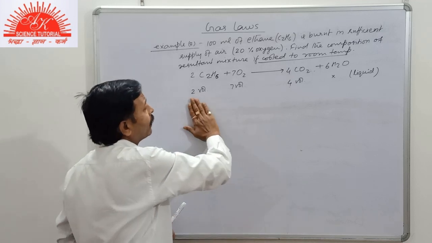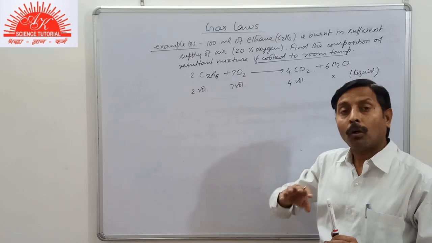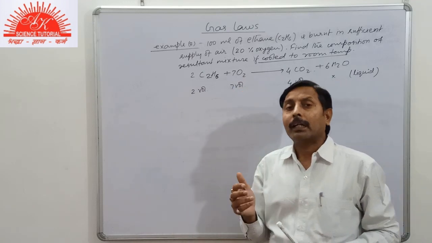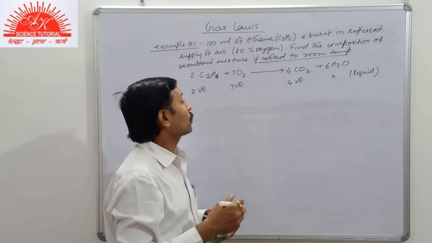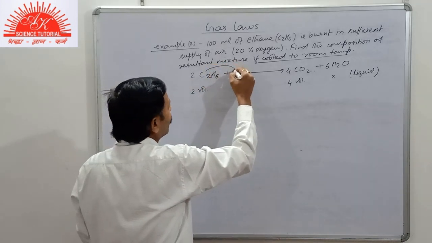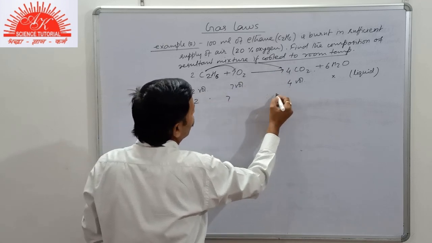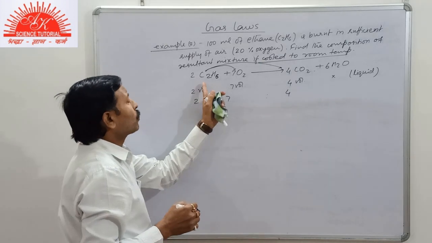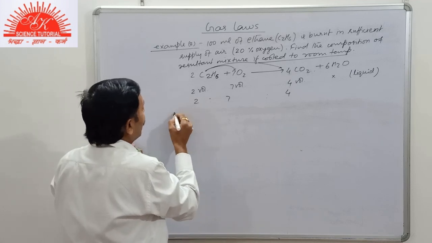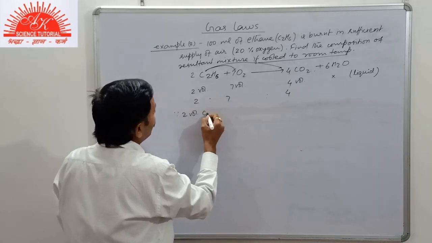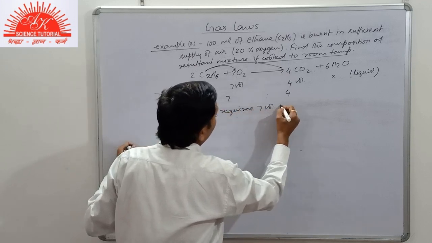Now students, in the equation reaction you clearly see that we are using oxygen, not the total air, because in air there is a major component nitrogen which is not used, that will be left over. So from this part we find this one or this one. Now we can write in ratio. So first of all we should find out the volume of oxygen used. Now we see that 2 volume ethane requires 7 volume oxygen.